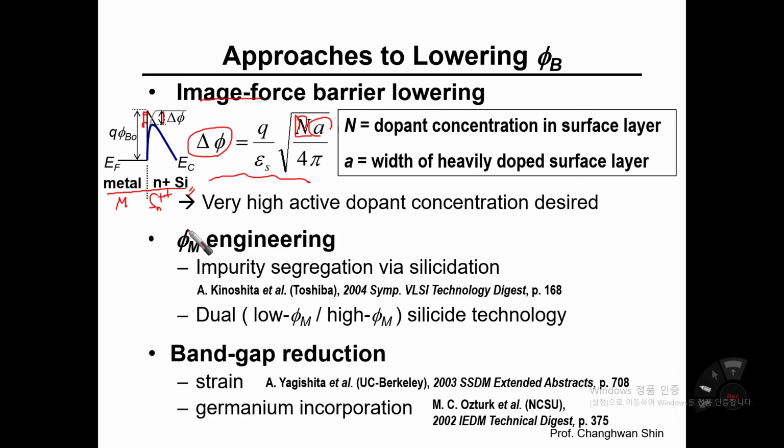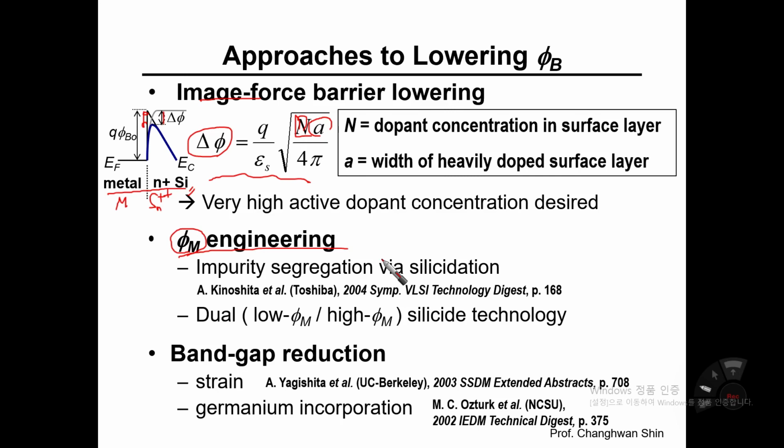Okay, and the second approach to lowering Schottky barrier height is work function engineering. So by modifying the work function of the metal side, we can modulate the Schottky barrier height. One of the specific ways of metal work function engineering is to use impurity segregation throughout the silicidation. As I told you, to reduce the